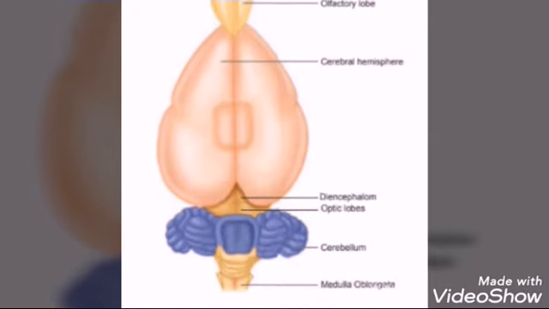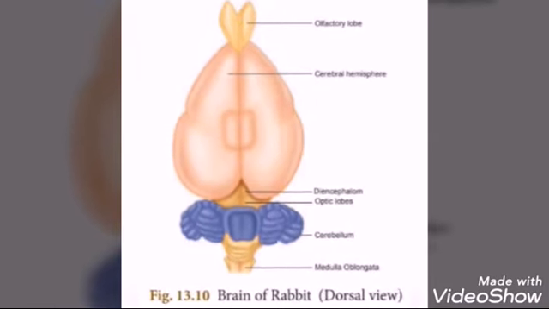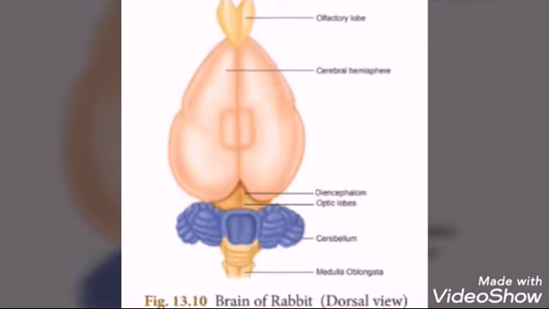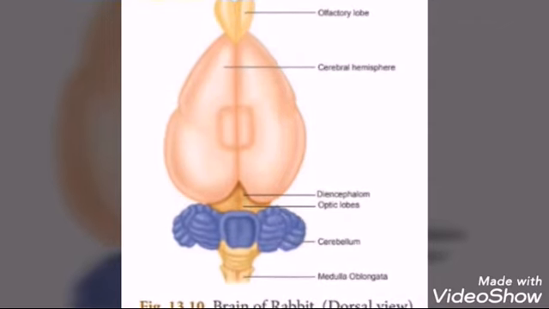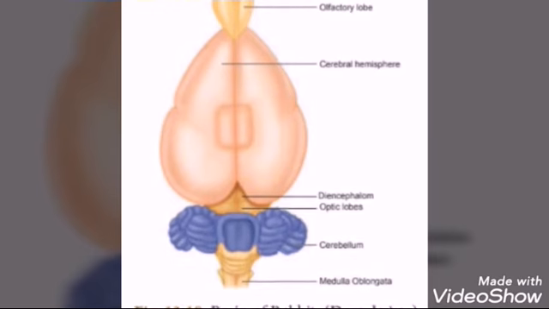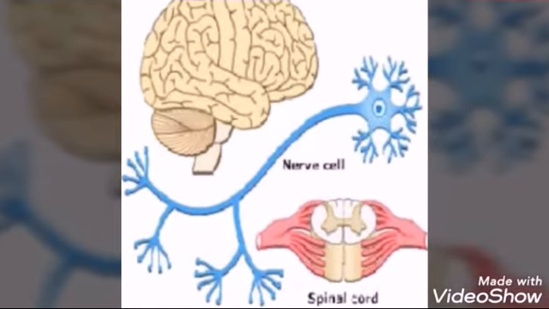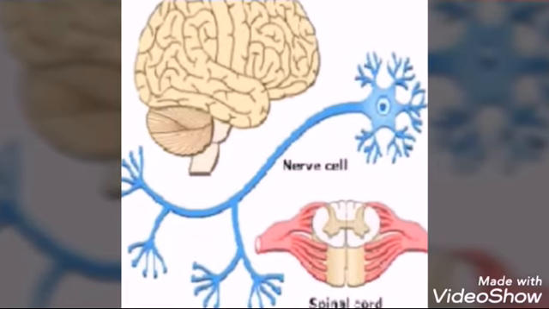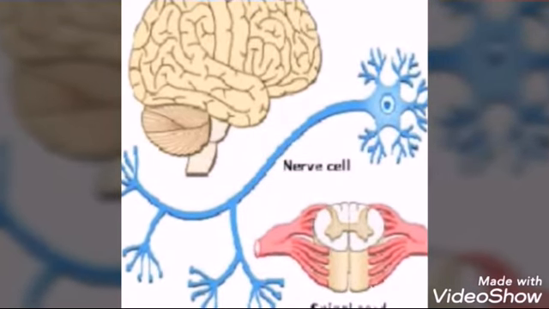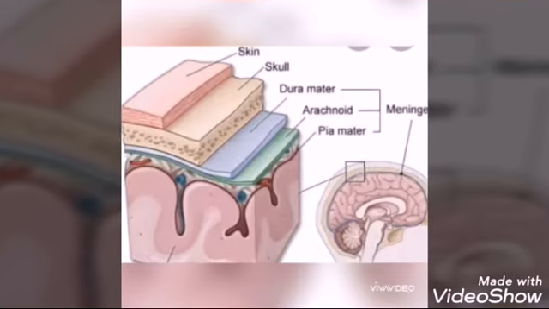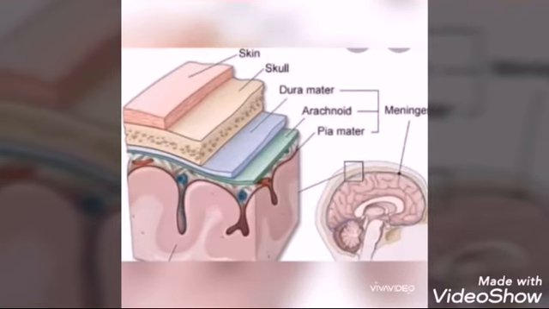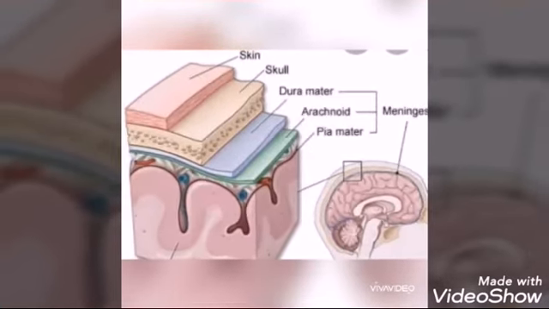First we are going to study about brain. Brain is situated in the cranial cavity, a bony box. So brain is located inside the cranial cavity and it is covered by three membranes. The three membranes together called meninges. The outer membrane is called dura mater, and inner membrane is called pia mater, and the middle membrane is called